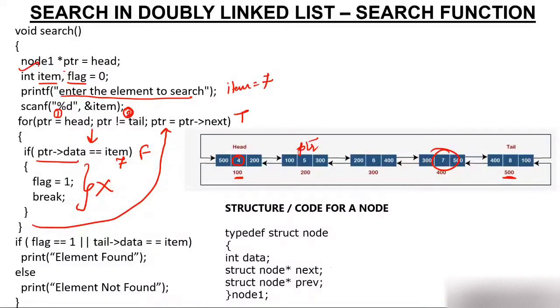Fine. Again, I'll move to this second condition. Let me write this very clearly. This is the second condition. I'll check, is PTR not equal to tail? What is PTR? 200. And what is tail? 500. Yes,